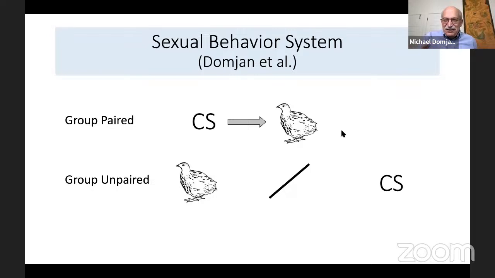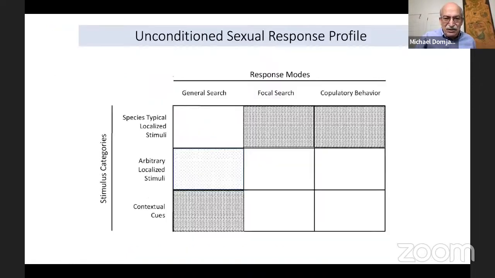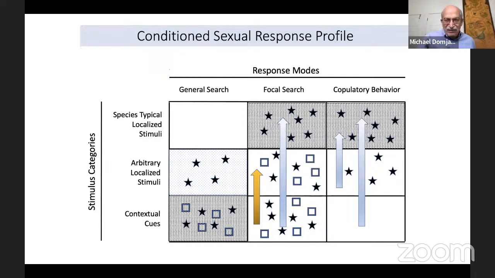Now, we study sexual conditioning much like any other form of conditioning, where you have a CS followed by a potential sexual partner in a paired group, and the unpaired group gets these two experiences in an unpaired fashion. And we typically look at how the animal's behavior changes in response to the conditioned stimulus. We've used a variety of different kinds of conditioned stimuli, certainly contextual cues, which are spatially distributed, localized stimuli, and then we've also used more naturalistic, ecologically relevant cues,